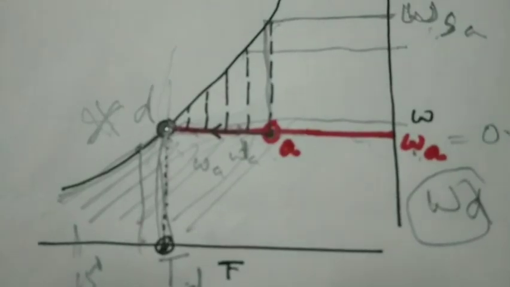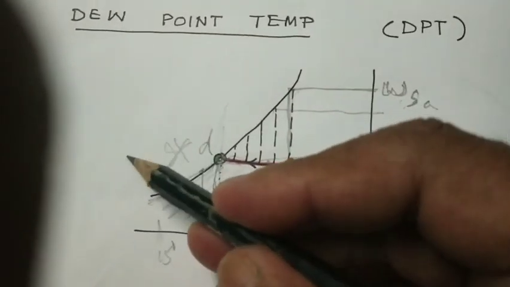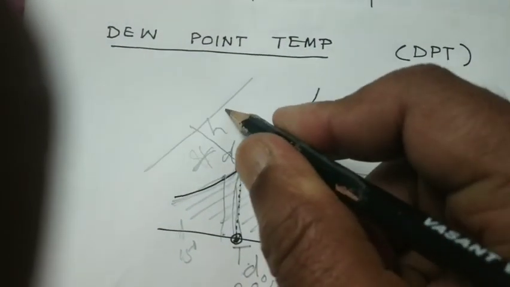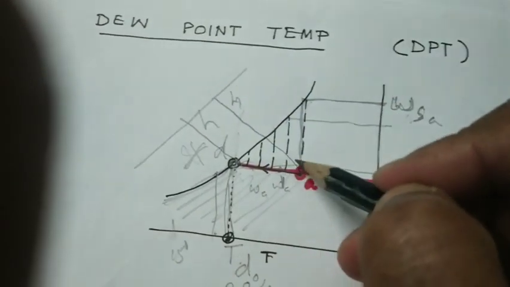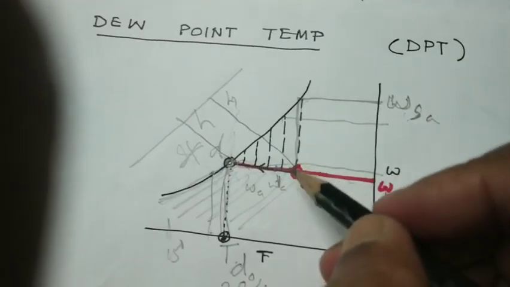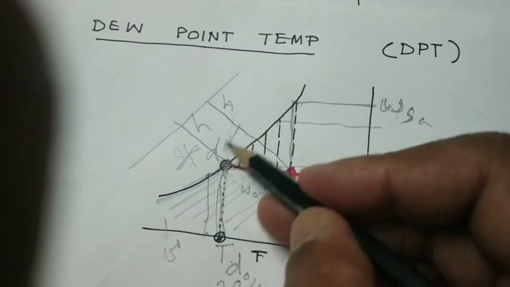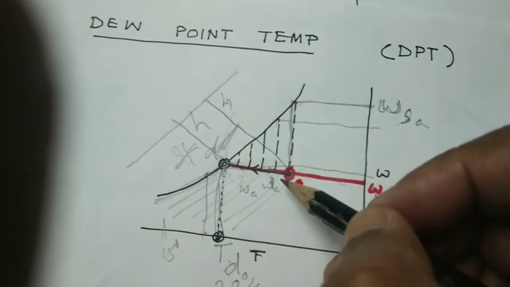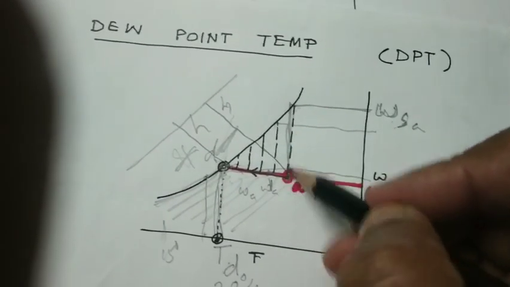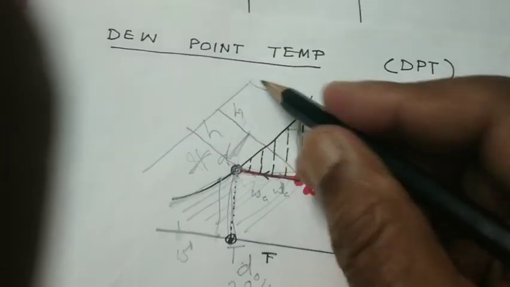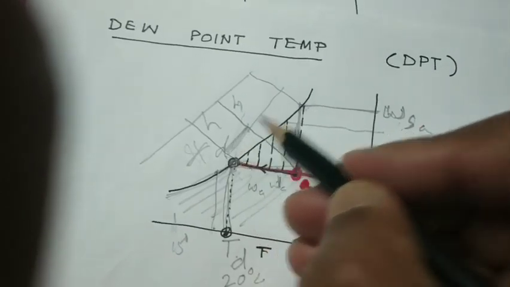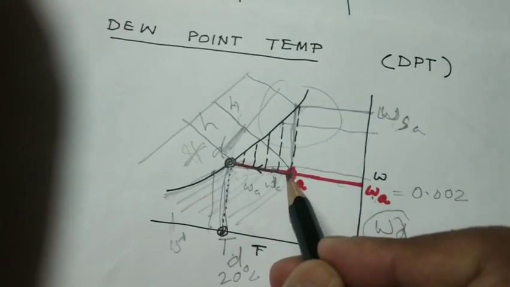At D point, if you further decrease the enthalpy, this is the enthalpy of D point, this is the enthalpy of A point. So the enthalpy has been decreasing, HA is decreasing and becoming HD because the temperature is decreasing. Whatever is the change in enthalpy is because of change of temperature. It is not because of this particular thing. The change in enthalpy is because of the humidity, and this particular thing. This is the change in enthalpy because of the humidity. This is the change in enthalpy because of the temperature. Don't worry about this portion. We are talking about this process.